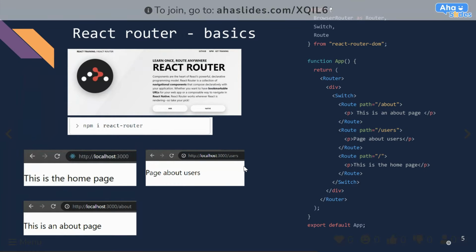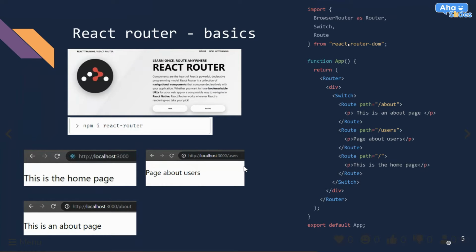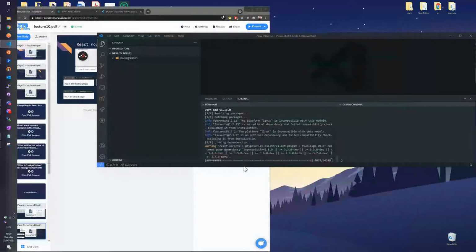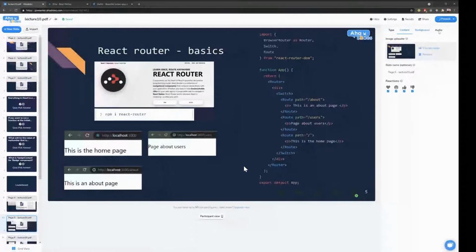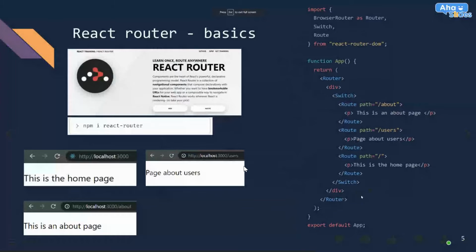And there are multiple components of a router. There are routes, there are switches. We're going to go through those a bit. But this is how you import those subcomponents. And in the app.js, let's see if maybe I already have it. No, I don't. In the app.js, the main React file, I removed everything from the classical example, and I created this component called router.